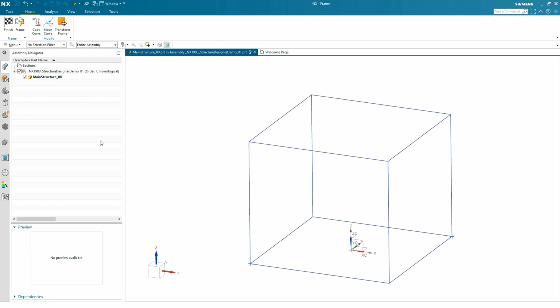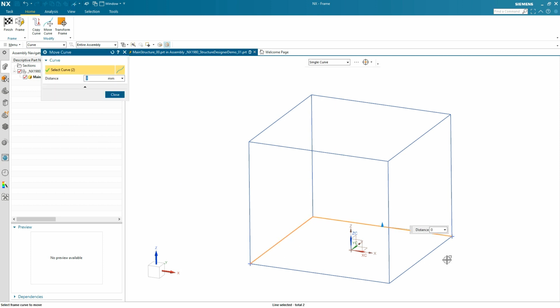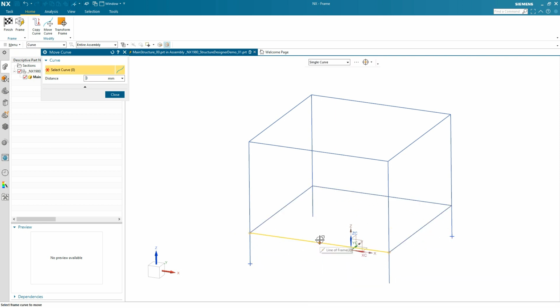What I like about this new environment is the ease of access to some of the commands. They're much easier to use. Just click the lines, grab your handle, and drag it out of the way to give an offset to your